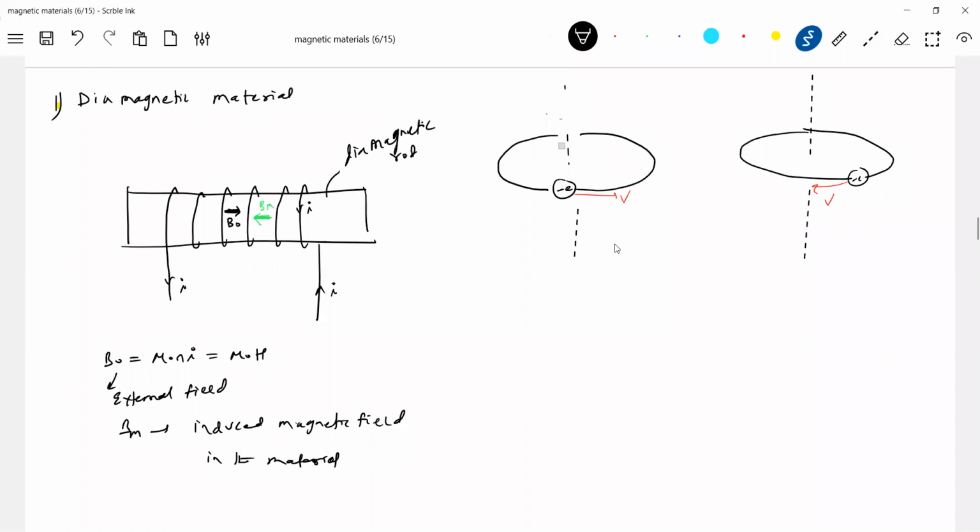Any dipole moment of this? Due to the revolving electron, will there be any dipole moment? Yes, there'll be a dipole moment, no? So how will the current flow? The current will flow in this direction, and here the current will flow in this direction. So what is the dipole moment of this? This will be downward, and of this, it will be upward. What is the net dipole moment? It will be zero. This is what happens due to revolving electrons. The net dipole moment of this diamagnetic material is zero. When I introduce a magnetic field, the external magnetic field, I'll bring it, and see what it will do.